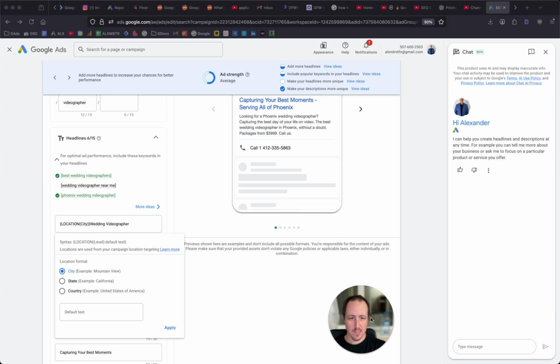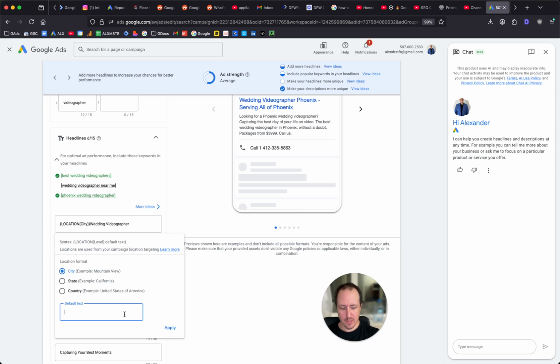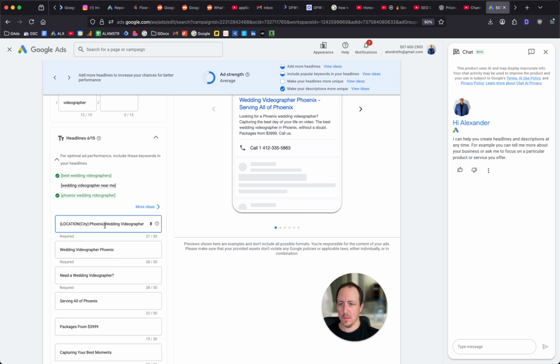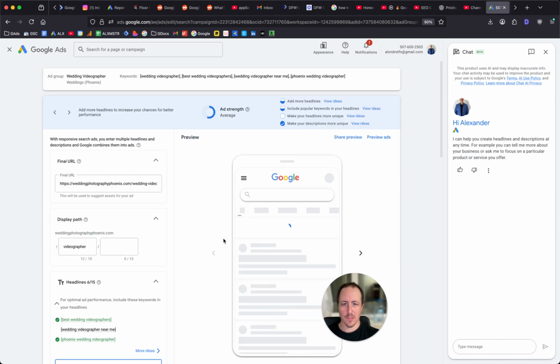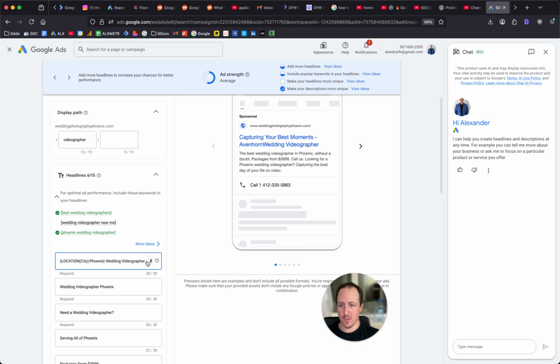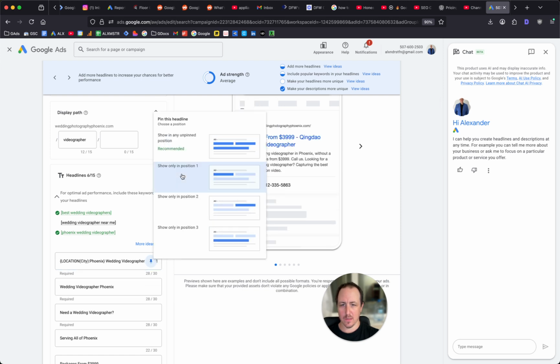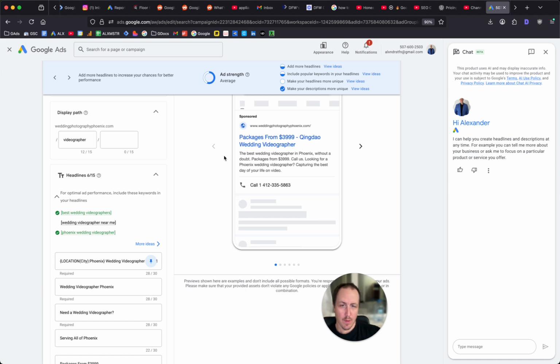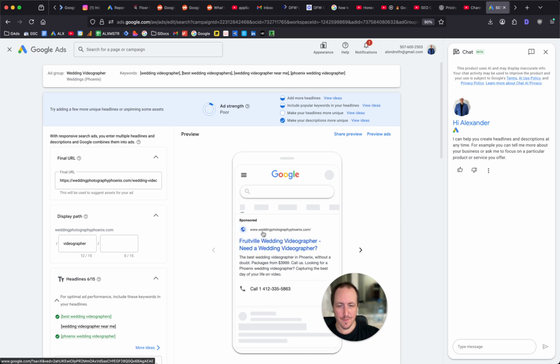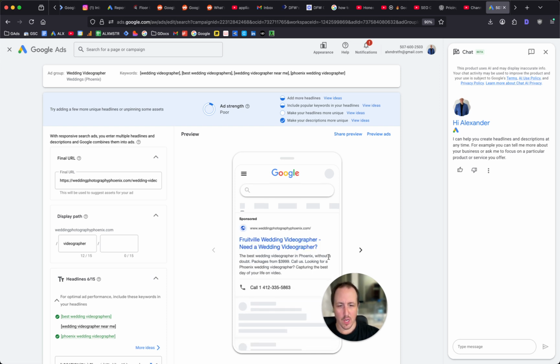And it's really as easy, let me just move my face out of the way. It's really as easy as adding your location, right? So you would just add Phoenix and then hit apply. And then you just want to add a bit of a space there, right? So now most of the searches, right? And we can just pin this so you guys can see how that looks. So for most people searching within Phoenix, right, what they're going to see is the Phoenix, right, wedding photographer, but